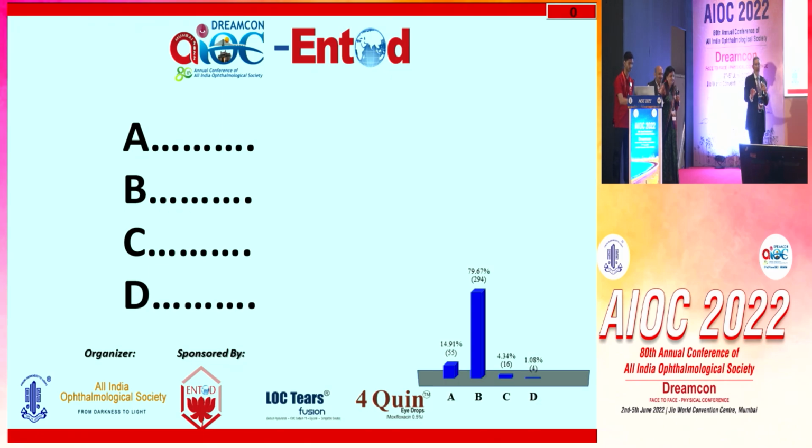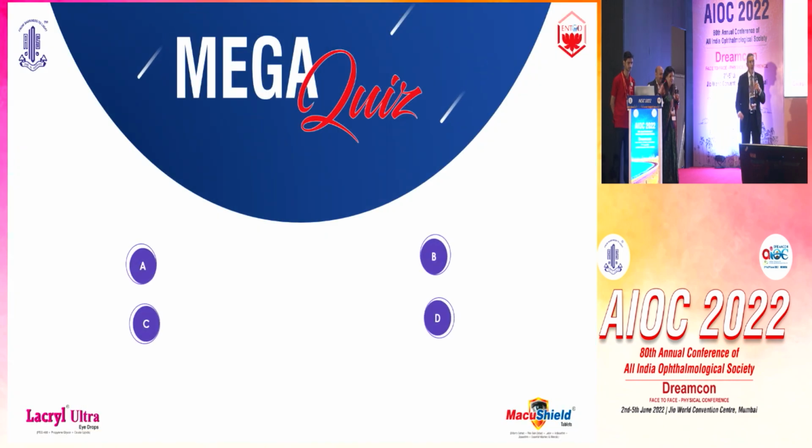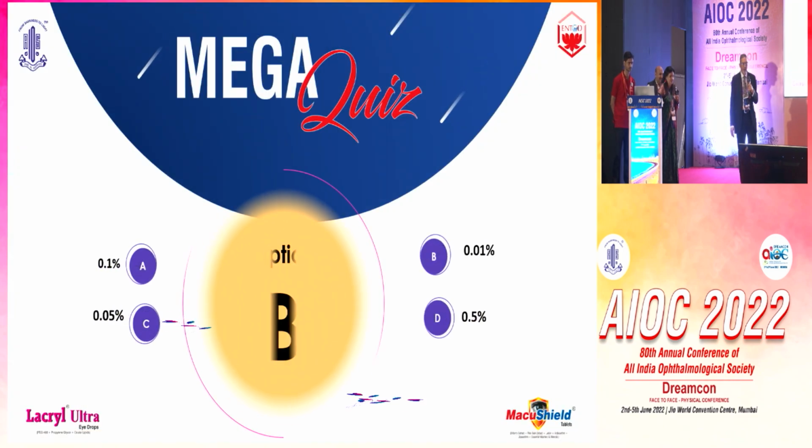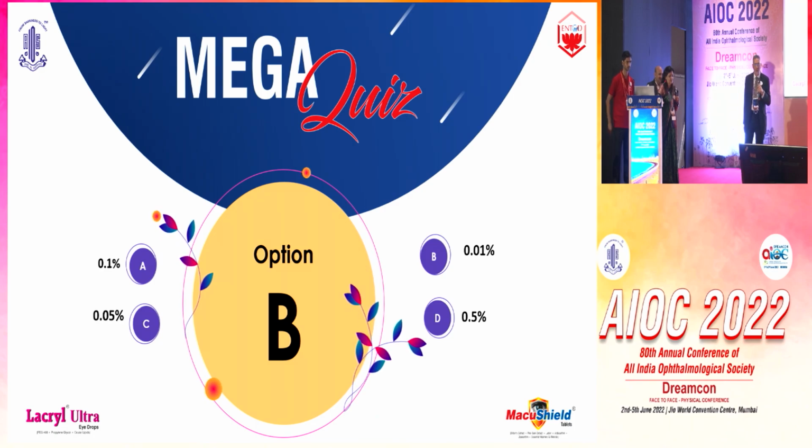So currently they are available only as 0.01% drops. They will shortly come out as a higher strength as well. 0.01% is what is available in our country. It will double in strength. It will become stronger in due course. It's in the pipeline. But currently option B is the only one available to us. Next and the last question.